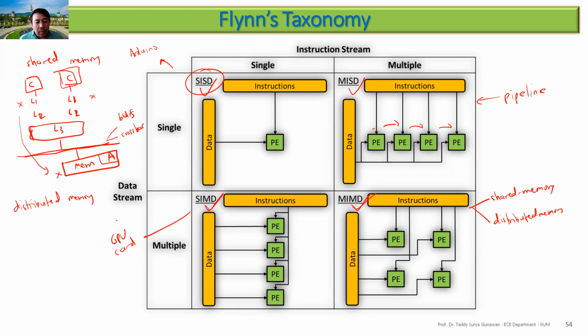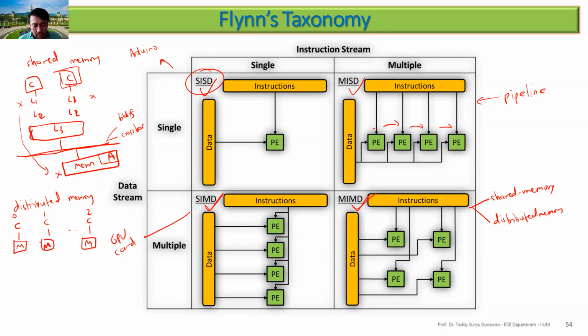Distributed memory, on the other hand, is like cluster computing, in which you have several PCs. So you have a core, then memory here; another core, then memory; and various cores, each with its own memory. So this is node number 0, node number 1, node number 2. By default, normally node number 0 is the master, which coordinates the tasks and sends and receives the final result.